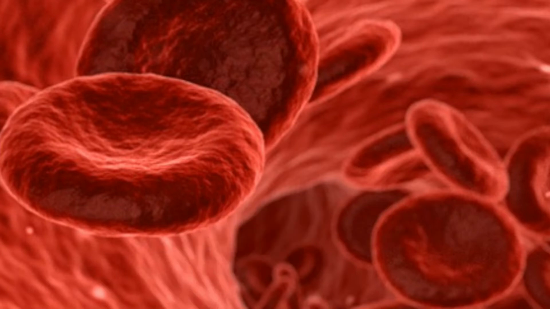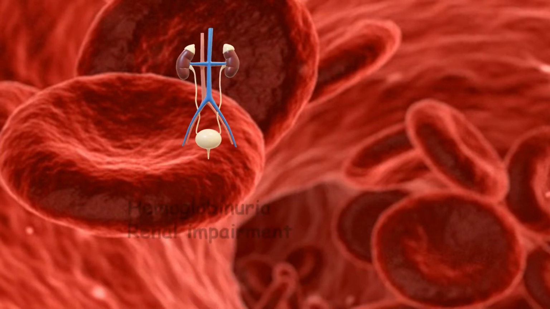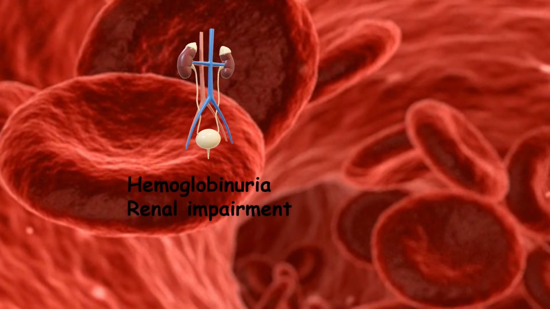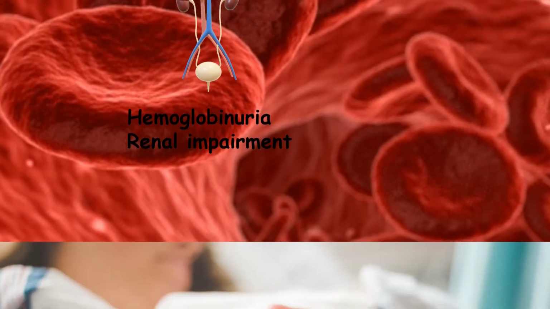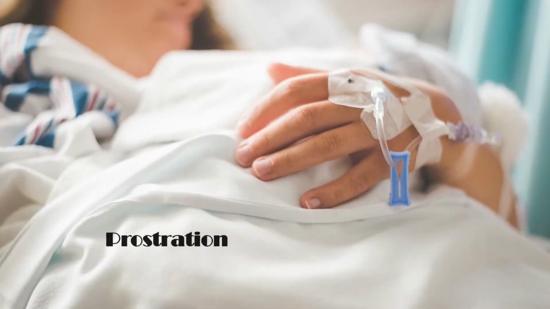Sudden and massive cola-colored urine due to hemoglobinuria can also occur because of the intravascular hemolysis. Renal impairment with serum creatinine level more than 3 mg per deciliter can also occur in severe malaria. In severe malaria, the patient can also develop prostration in which he becomes unable to sit without help. Parasite level of more than 2% in low intensity transmission areas or more than 5% in high transmission areas have also been included in severe malaria.